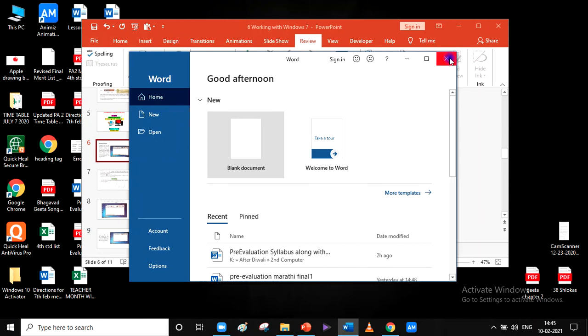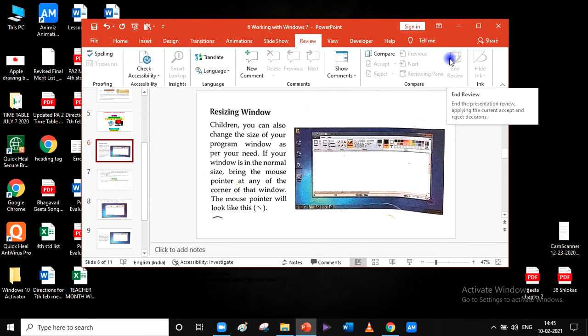When we click on this button, our program gets closed. Okay, let's click on it. See, our program got closed. That's how we use the minimize, maximize and the close button.